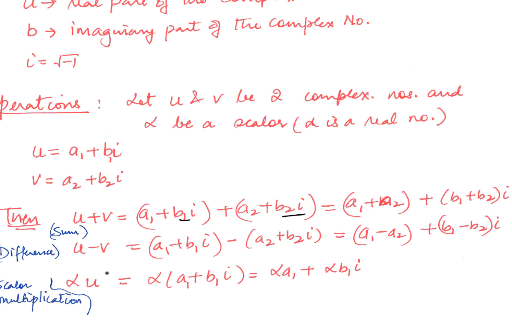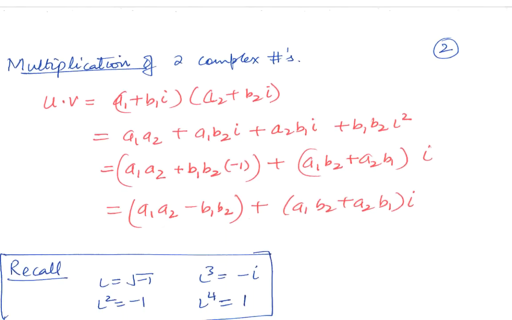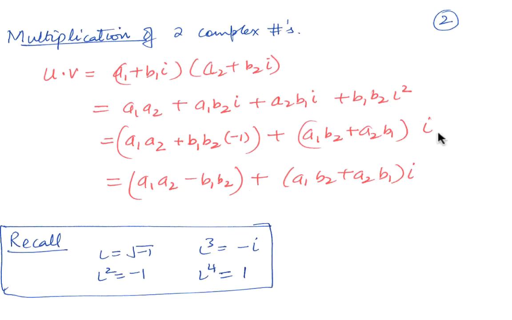Now if you're multiplying by a scalar, and it's a real number, so alpha times a1 plus b1i, you're basically distributing the alpha inside. Okay, that's simple. It's very simple to have sum, difference, and scalar multiplication of two complex numbers. Let's talk about multiplication of two complex numbers. If I have two complex numbers u and v, say a1 plus b1i,